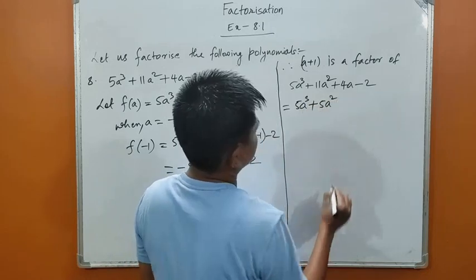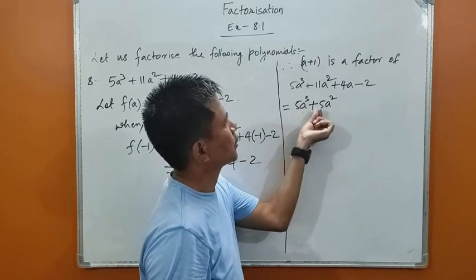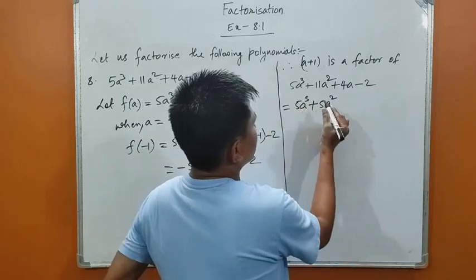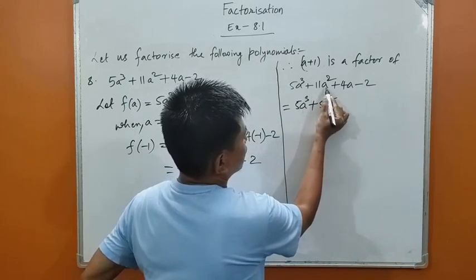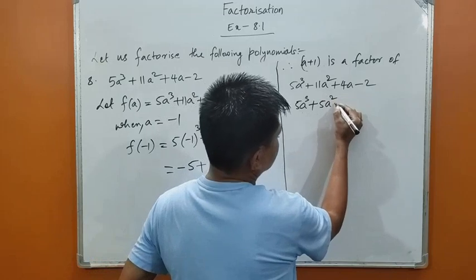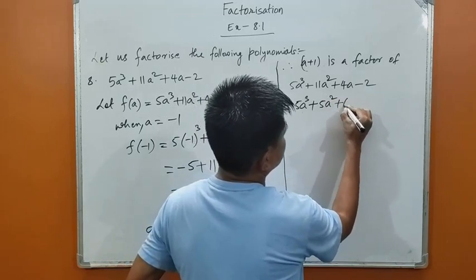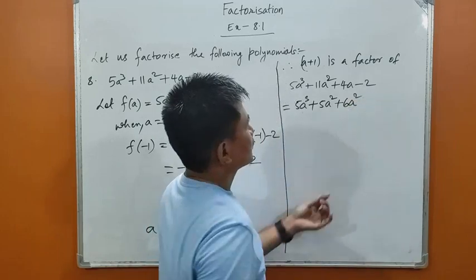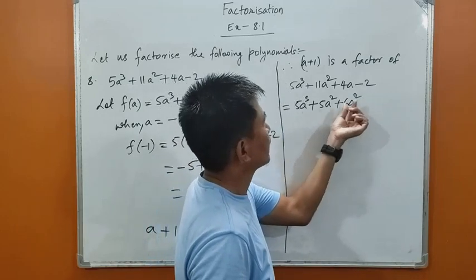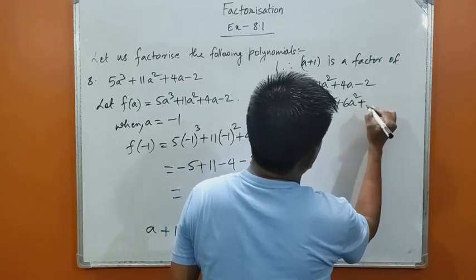Plus 5a square. Now when I take 5a square common, I get a plus 1. So we have 11a square here. I have already used 5a square. Now still I have 6a square, isn't it? 5a square plus 6a square is 11a square. So 6a square, again I need a plus 1. So plus